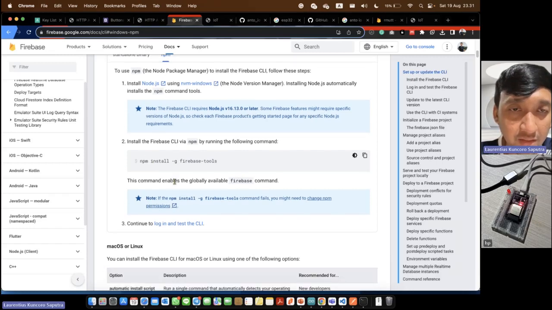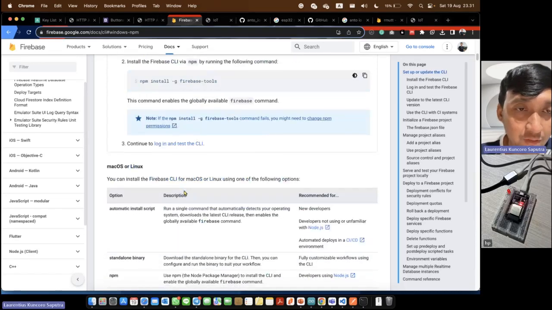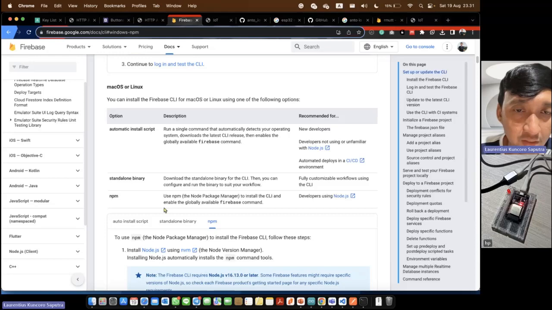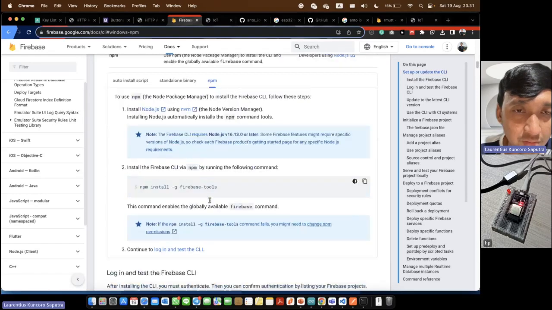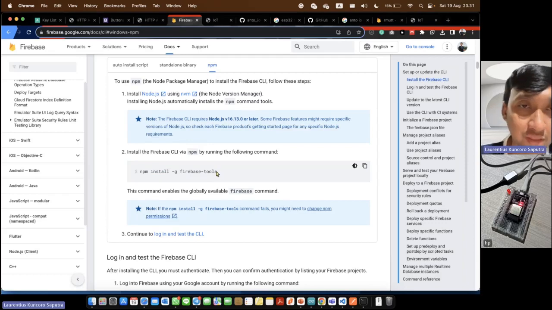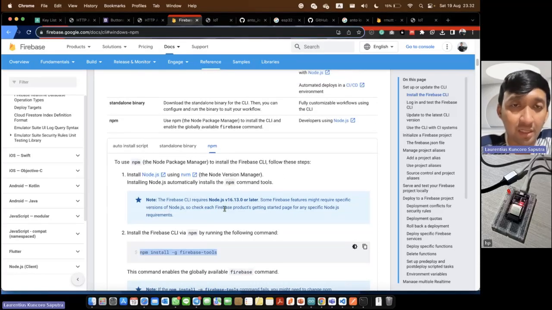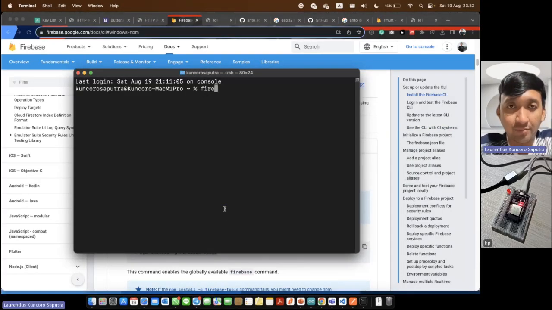You put this command in a command line interface, the command prompt. If you use Linux, you can also use npm. You can execute npm install firebase-tools, and after you successfully install the Firebase CLI, we can write the command firebase --version to check the Firebase CLI version.